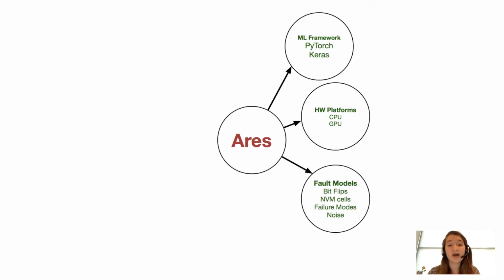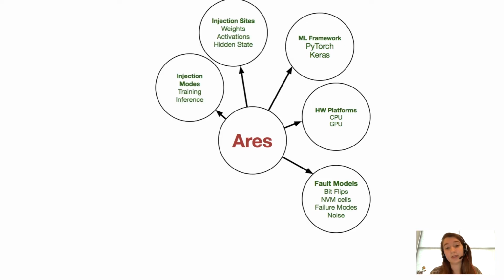The interface to define your own fault model is quite flexible, and we leverage it to simulate other optimizations, such as quantizing, clustering, or pruning the model weights, and even storing the values in different sparse formats. ARIES can quantify fault tolerance of both the weights and activations of DNNs during both training and inference. Additionally, for recurrent network layers, the user may inject faults into the hidden state vectors.